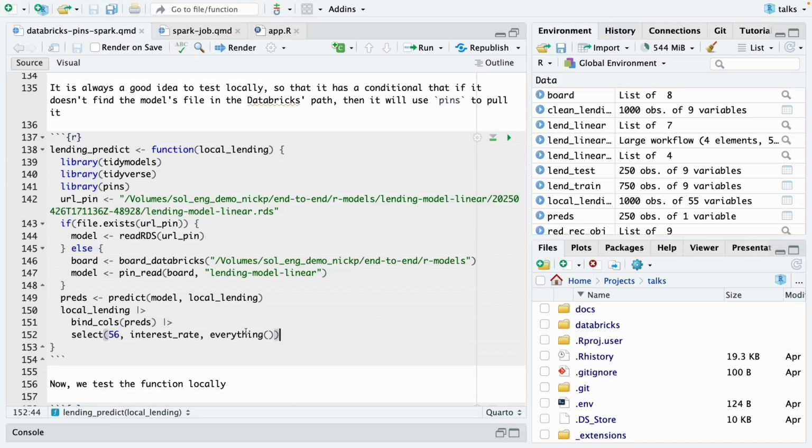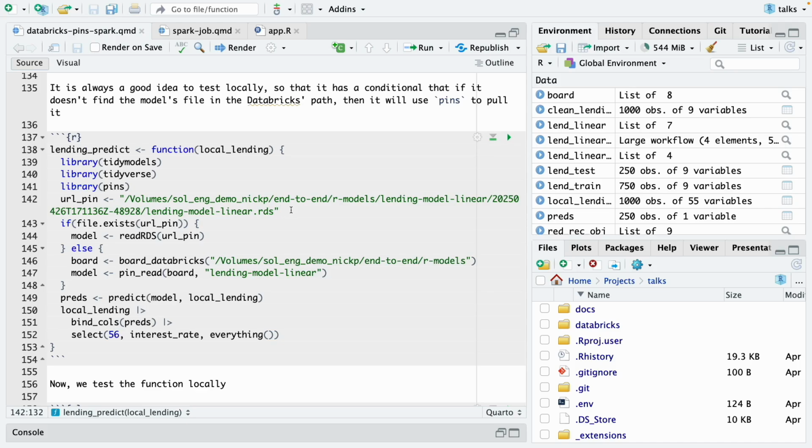And at the end of the day, all it's doing is this. It's running predictions and then binding the predictions into the data set, the part of the data set that it got, and reordering the column layout. That's all it's doing. All this section right here is about where I am going to get the model,